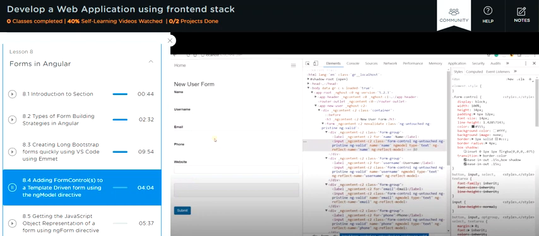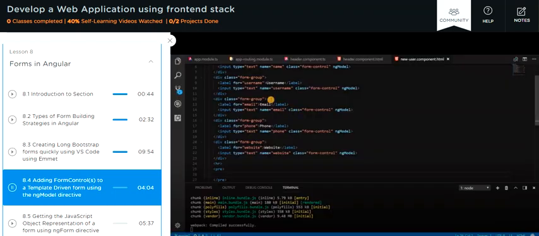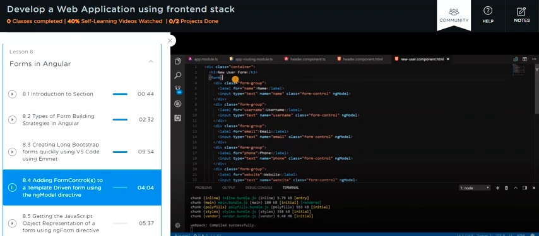Now in this form, there is an output property that is assigned to this form, and the name of this property is ng submit. Since this is an output property, we can bind to it using the event binding syntax, and with this I'm just going to call a method named submit on